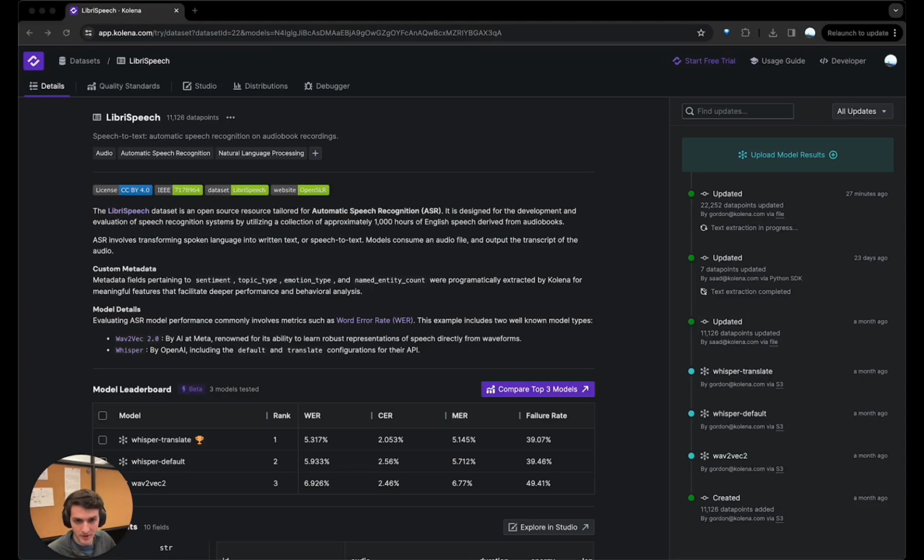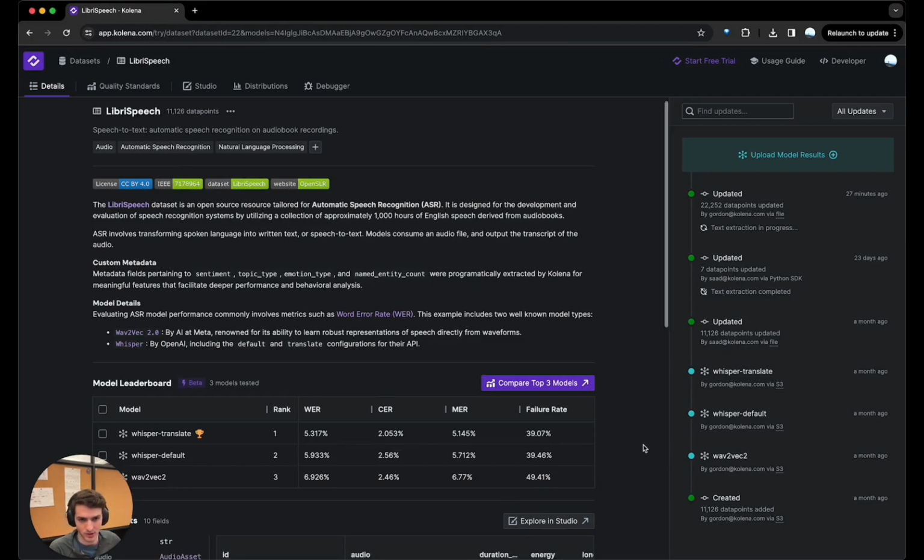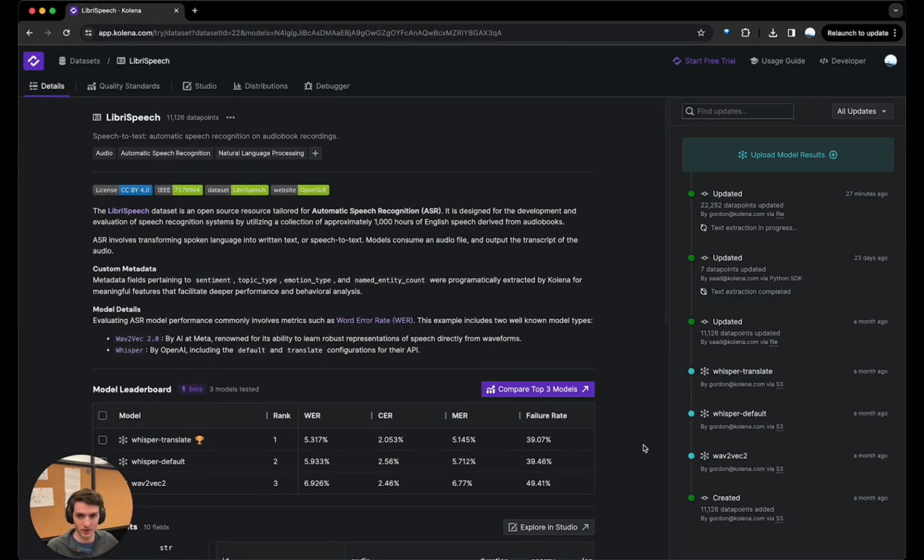Hey, it's Gordon from Kolena, and in this quick demo, I'm going to show you how you can use Kolena to dig into model failures for an automatic speech recognition model. In this case, we're using the open source LibriSpeech dataset, and we're going to look at predictions from this Whisper